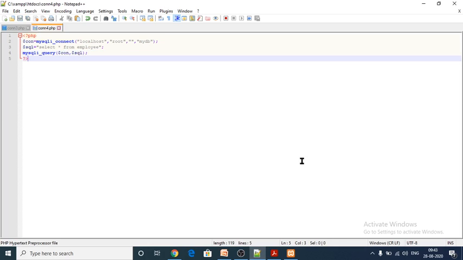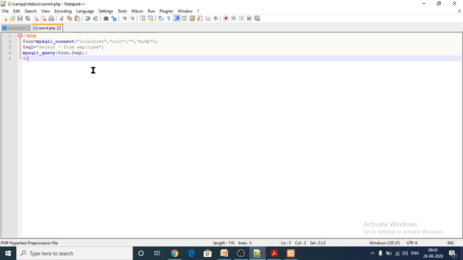Now it is okay, I think so. No error, but it doesn't retrieve anything because I have to give the correct details. Select star from employee, it is nothing, no error is there.